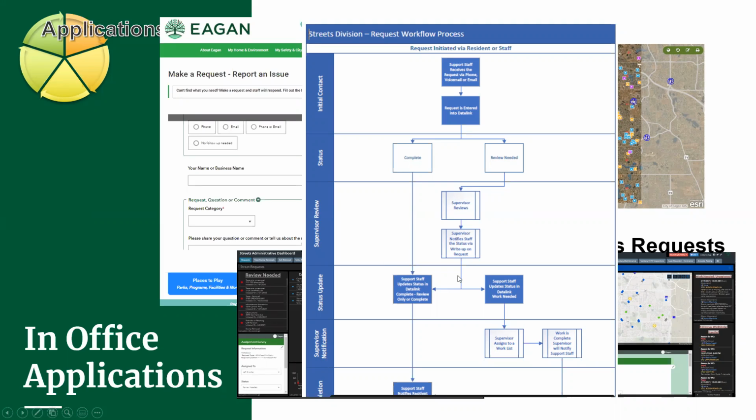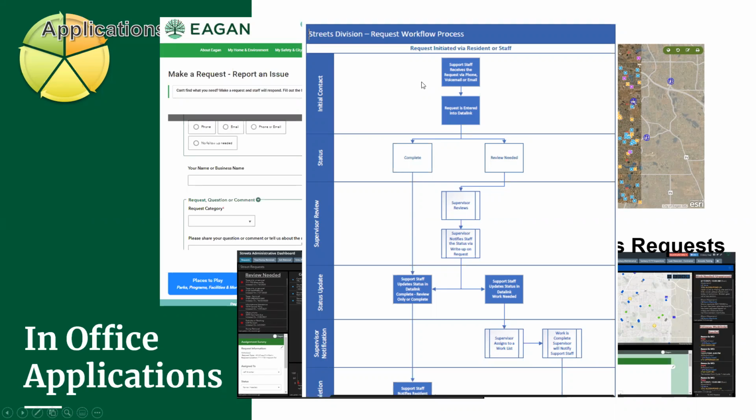So Tanya, this is the workflow request diagram, and I didn't realize until we put the presentation together that I cut off the bottom, but basically it's start to finish. This is specific to our streets division. This same request data is used in streets and utilities and, like Tami said, for public requests.